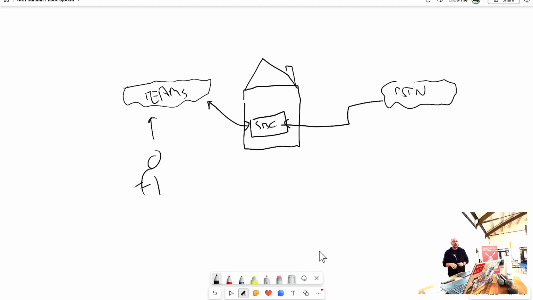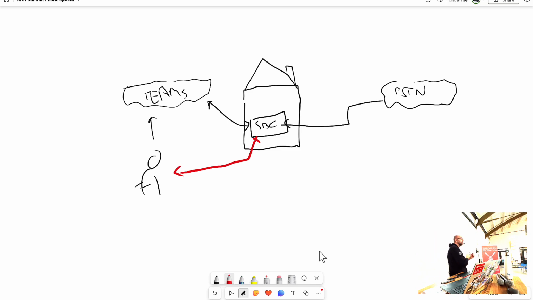The SBC is smart enough to say, well, for that Session Initiation Protocol, the signaling part, I will use that route. But for the actual audio, the RTP, I can see that this client is in the same network as my Session Border Controller. So I will make a direct connection. The audio will flow directly from the Session Border Controller into the Teams client. So you don't use an internet connection anymore. If you have 20, 30, 40 people in your office making calls all day, every day, that Session Border Controller can be a good solution to minimize the load on your internet connection.